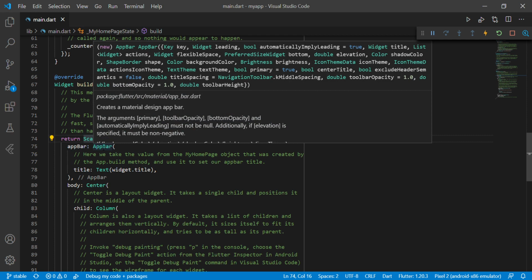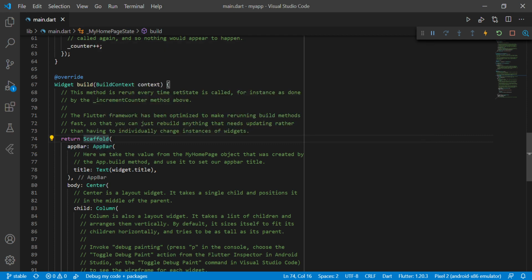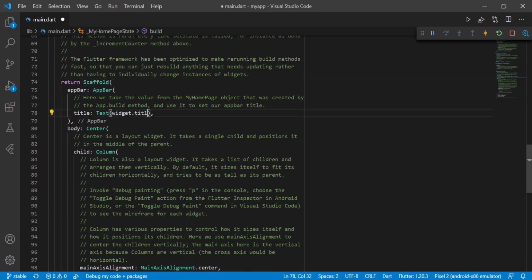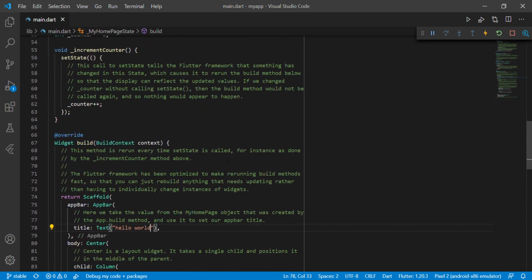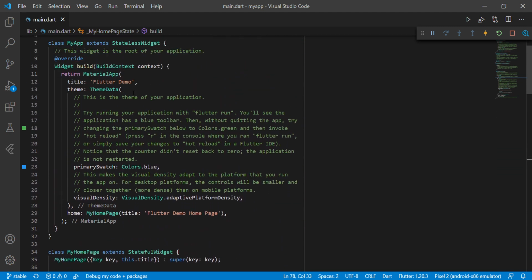Yeah, app bar. If we put something here, it will be displayed as an app bar, like hello world, and I save it. You can see the changes, right? What has happened here? The thing that specifies the basic theme of the app, like if I write, yeah, I will write